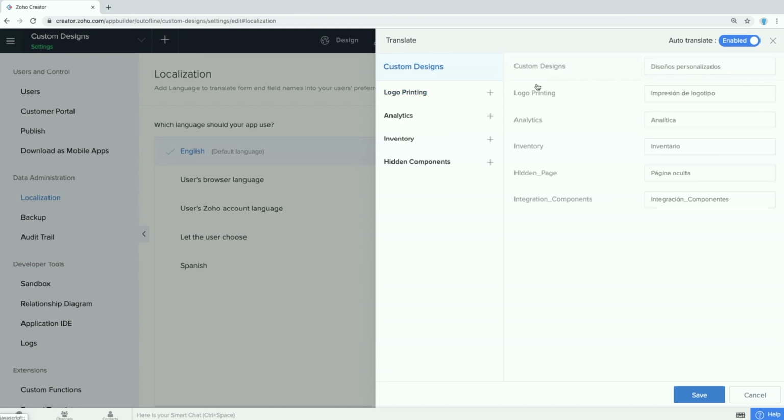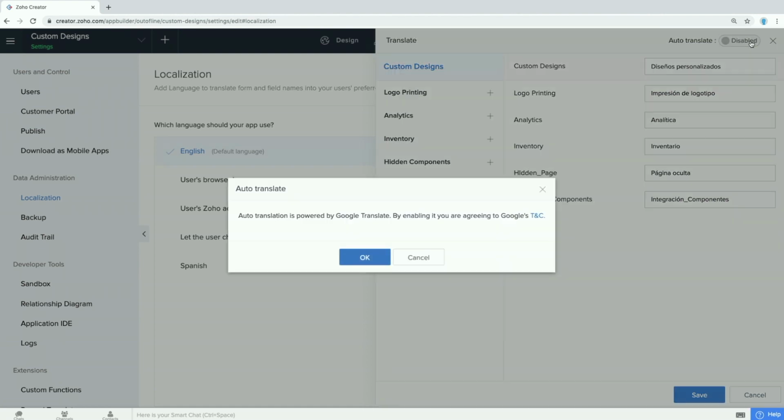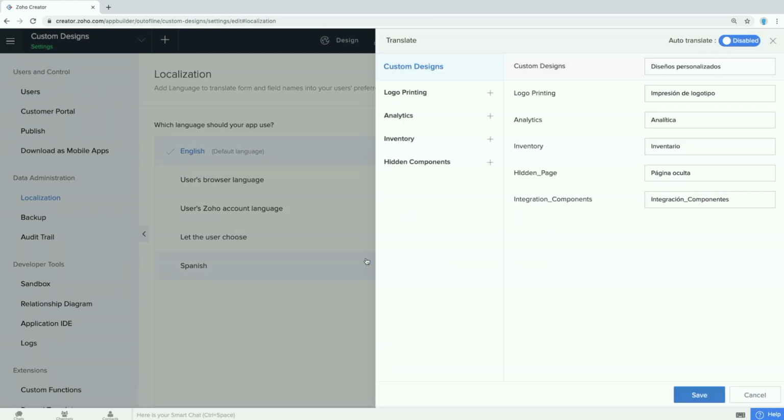You can go through. And the cool thing about this is that Google Translate has done the heavy lifting, but you can go in there and make any corrections that you need to make. If you say, whoa, that doesn't say logo printing in Spanish, then you can go ahead and make that change if you need to. So that's a very cool feature. And you can also turn that off at any time. If you want to fire Google Translate, you can absolutely do that. And then you'll always have to agree to the terms and conditions if you want to rehire Google.